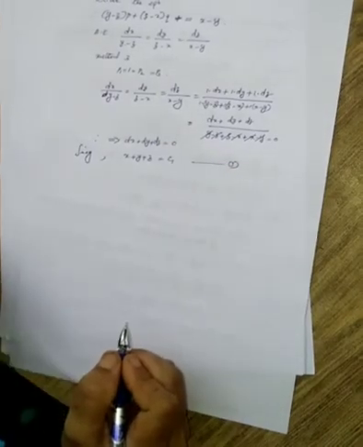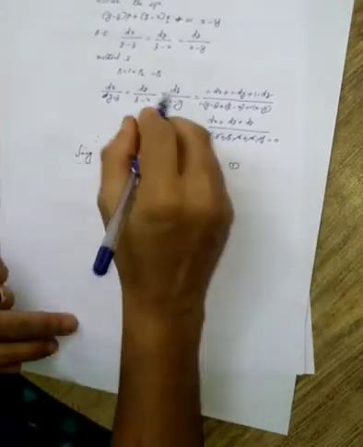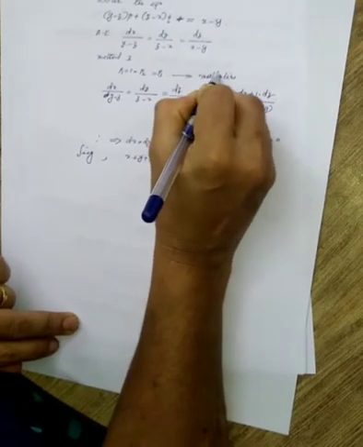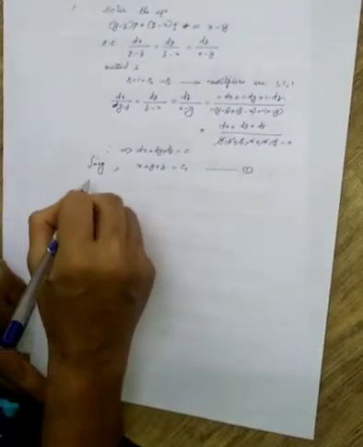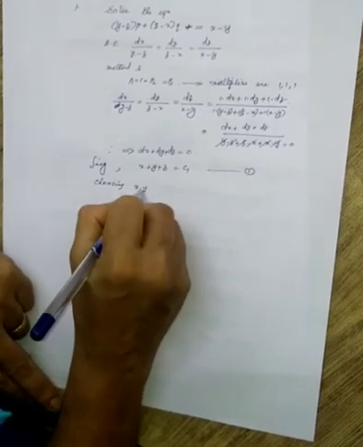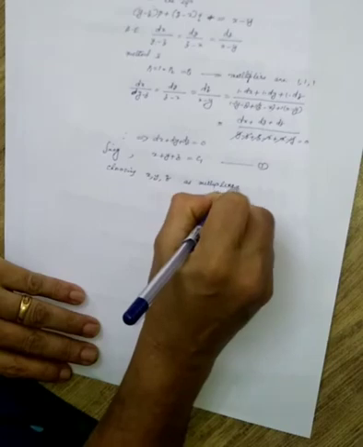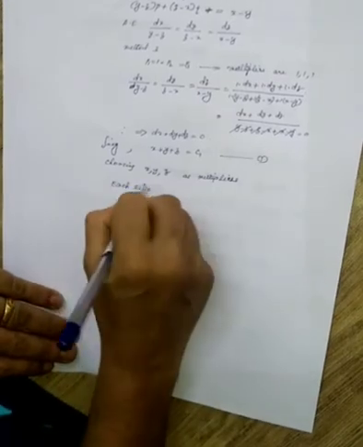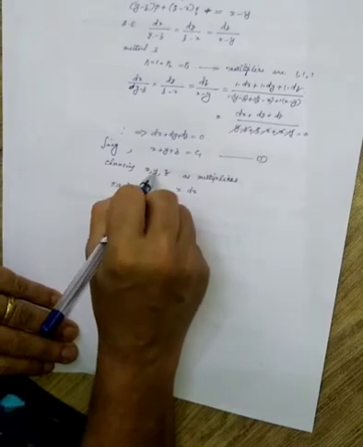Now here we are selecting P1, P2, P3 as 1, 1, 1. So the multipliers are 1, 1, 1. Now we are finding another set of multipliers, that is we are choosing x, y, z as multipliers. So what happens then? Each ratio is equal to x dx ... Here P1 is equal to x, P2 equal to y, P3 equal to z.